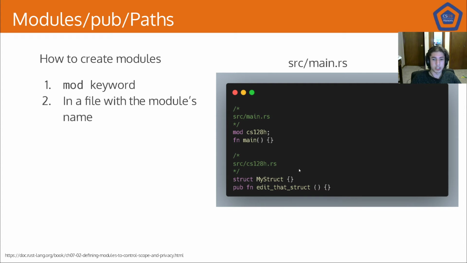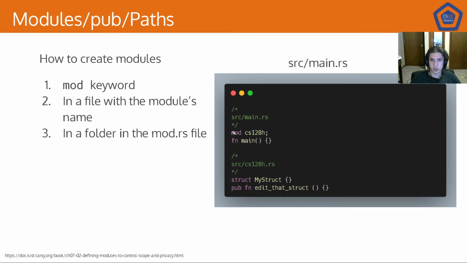Okay, but this can actually even go a step further. What if this is a huge thing, and even this CS128 honors module has submodules, and it's crazy large, and it gets a little funky? We can put it in a folder. So when we do this mod CS128 honors, it first looks for the file, and then, whoops, I forgot to change this. Then it will look into,